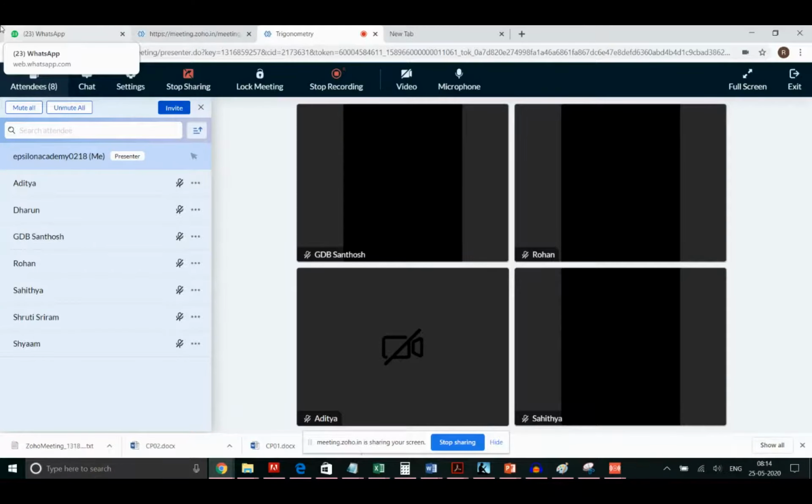So 8th is an easy one. It is the level of NCERT only again. Tan A divided by 1 minus cot A plus cot A divided by 1 minus tan A. How can you write it in the simplified form? As simple as that. Here nothing is spoken about A. So if you look at all the options, they are either in terms of sine and cos or secant and cosecant. So that clearly tells you that you need to convert tan and cot in terms of sine and cos and then proceed.